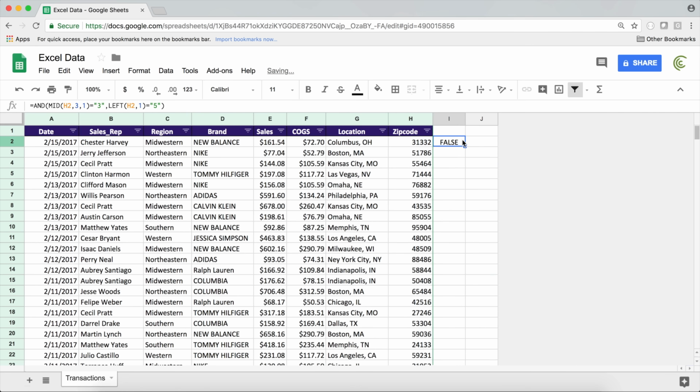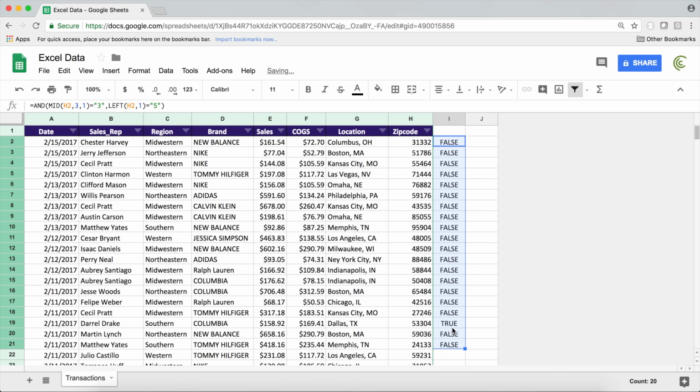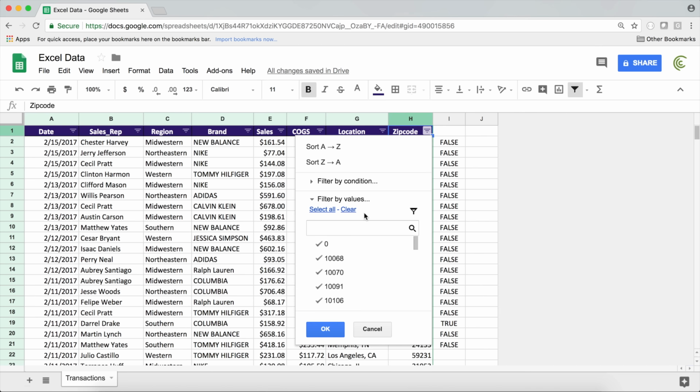Then I hit enter. See, it says false. If I drag it down, at some point, hopefully we get it true. See, the first 5 and the third one is 3. And again, to get a full list, we just copy this logical test, go back here, and